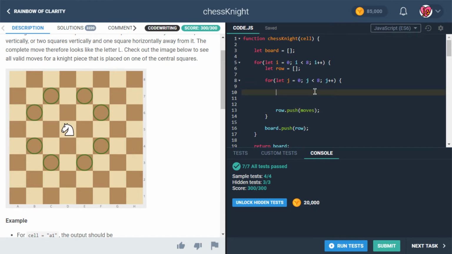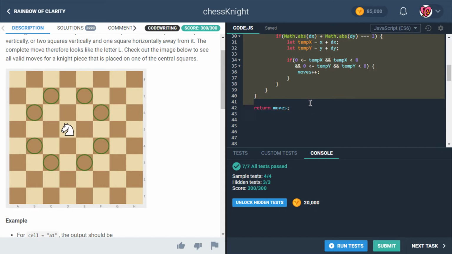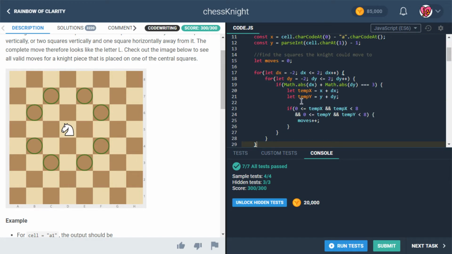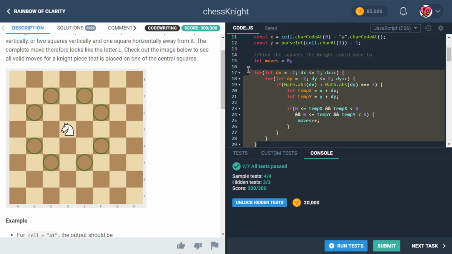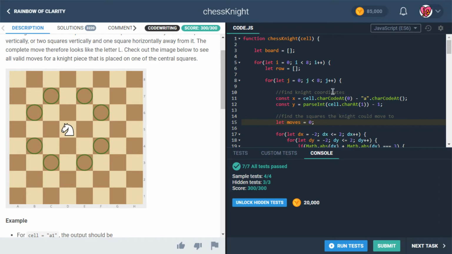That's what I mean. Okay, so what's our spot on the board? Well, basically, let's take this, and we'll take everything but the return moves part of that, and let's just put it all right in here. So where does this start? It starts right around there. Boom. Okay, so